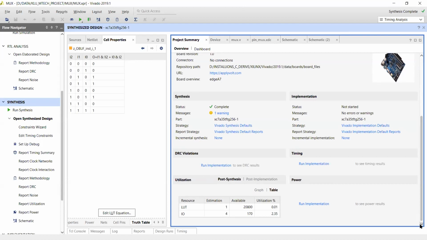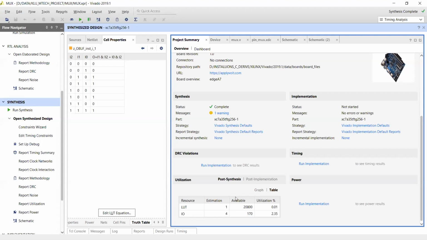Out of 20,800 LUTs available, you used only a single LUT, and the IO ports, input and output ports available are 170. Out of these, you utilized 4. Like that, you are estimating the area parameter in your design in VLSI.